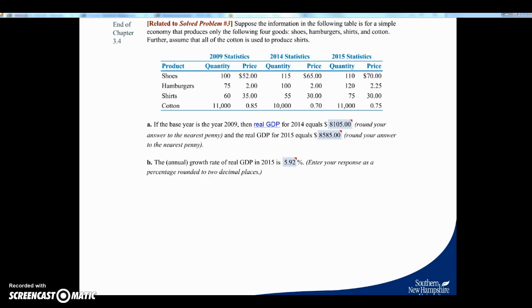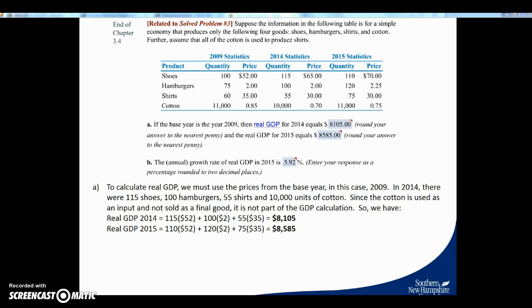So let's take a look at how to calculate the first question. It asks us, if the base year is 2009, then real GDP for 2014 equals, and we have the answer here. And I'm going to show you how to come about that answer. Now remember, real GDP corrects for inflation, so that's why you have to use a base year, so you keep everything in the same year's prices. So in this case, I have the answer written out. To calculate real GDP, we must use the prices from the base year. In this case, that's 2009. So we have the prices for 2009, and we just keep those same prices even when we calculate